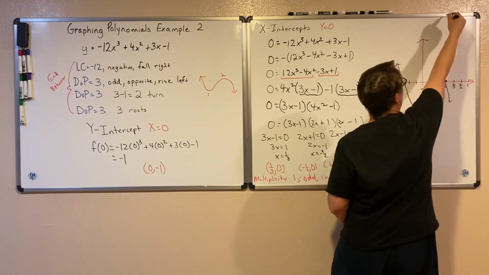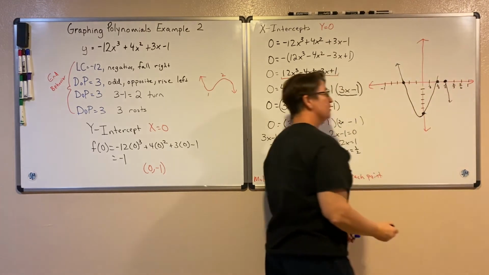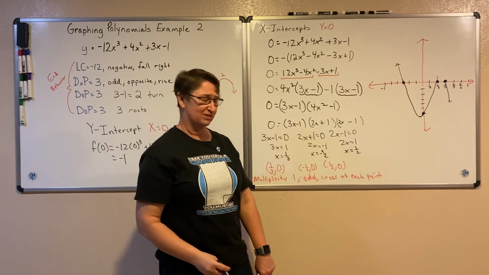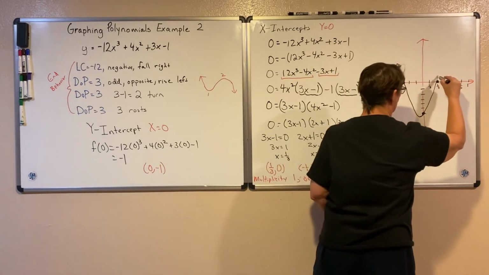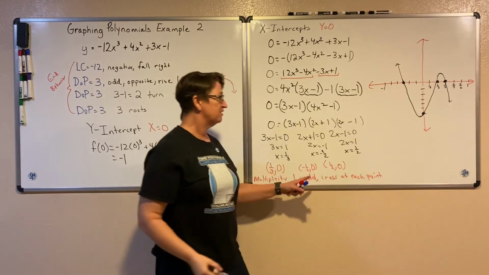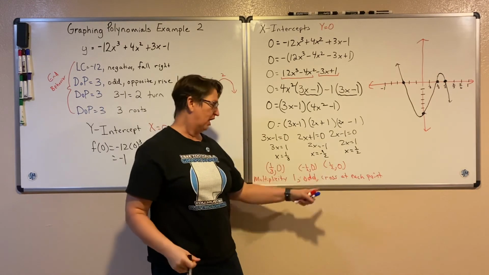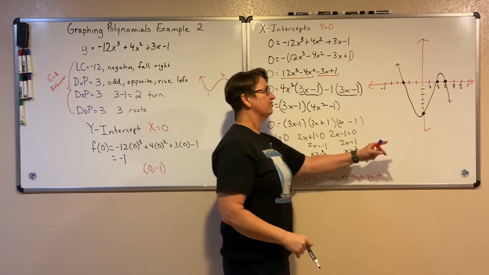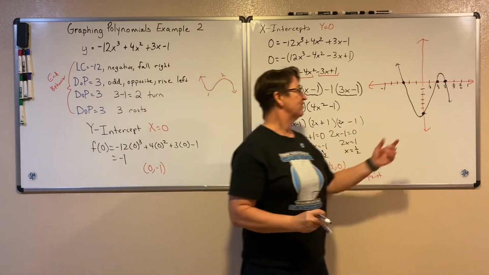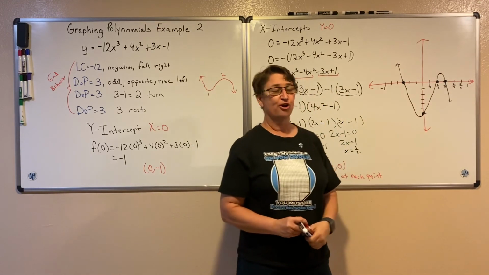Again, I don't know how high it comes up. Maybe it comes way up here. Maybe it just barely turns around there. But somewhere it has to turn back around to go back through that other x-intercept. So it turns back around so that it hits through that x-intercept. And because the multiplicity of that point is 1, it only shows up one time, and 1 is an odd number, I know it's going to cross at that point as well. We could be a little more specific if we wanted to by plugging in 1/6, -1/6, -1/3, but